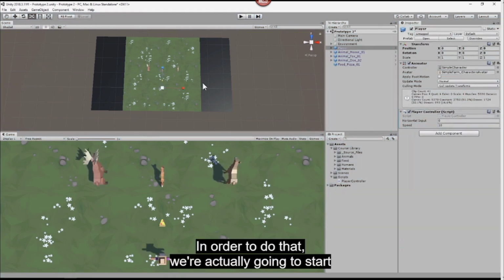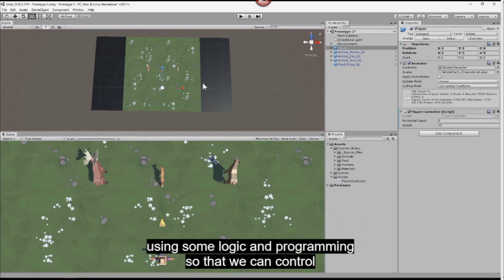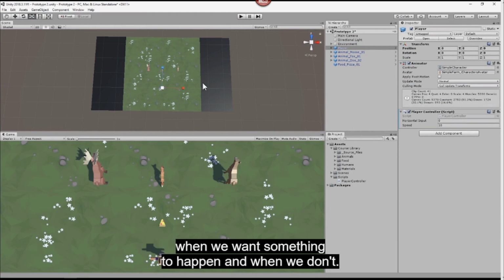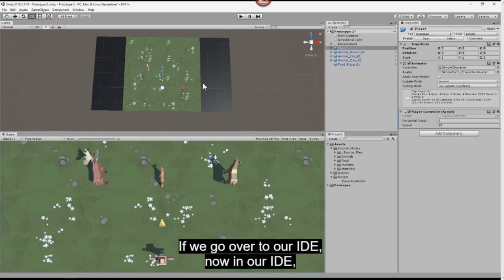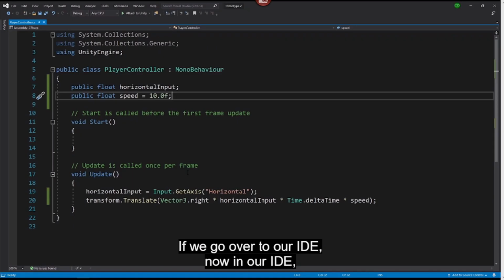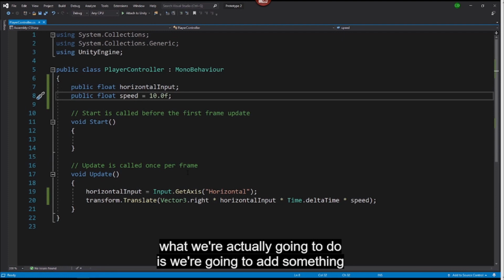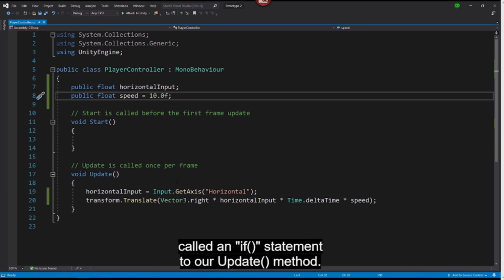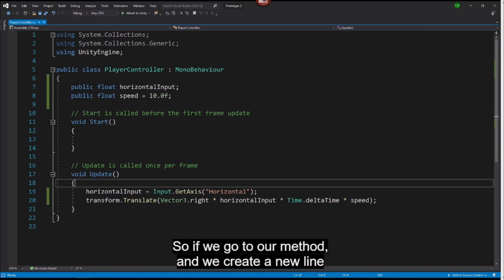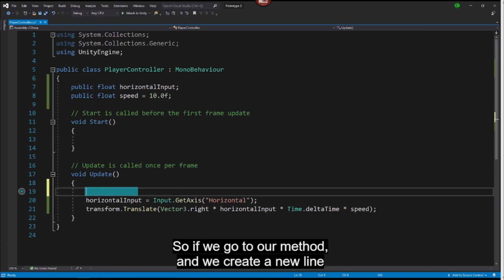In order to do that, we're actually going to start using some logic in programming so that we can control when we want something to happen and when we don't. If we go over to our IDE, what we're going to do is add something called an if statement to our update method. So if we go to our method and we create a new line by pressing enter, now we can type in if,